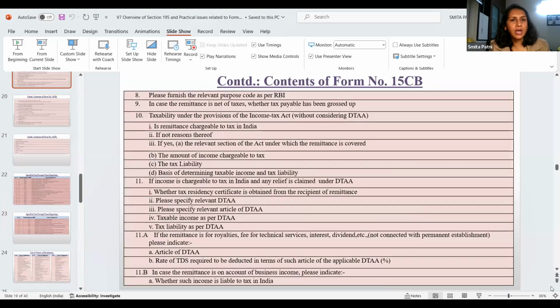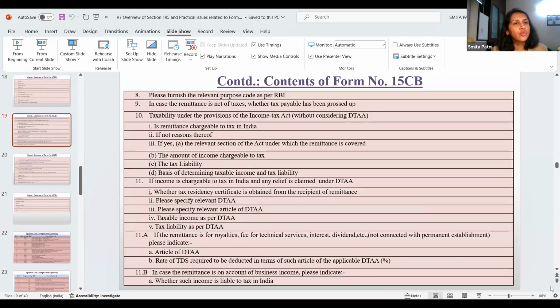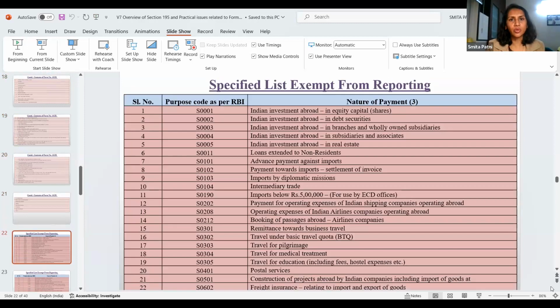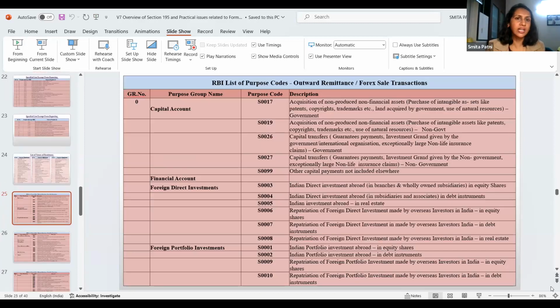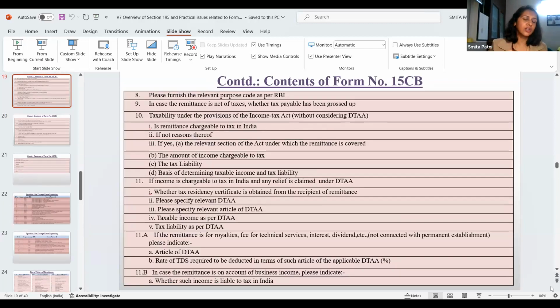So now, after that, we come to purpose code on FDI. As per RBI, there is a purpose code for which this transaction is done. I have also given the list of purpose codes. You can go through the list. If you do not understand the purpose code, the best way is to ask your AD, authorized dealer, your banker,